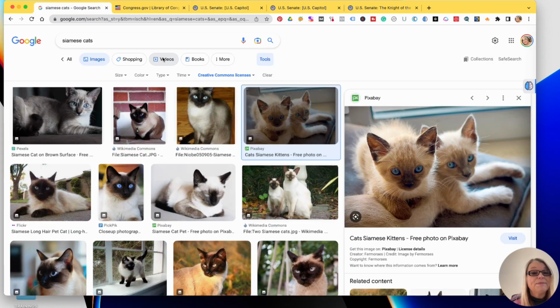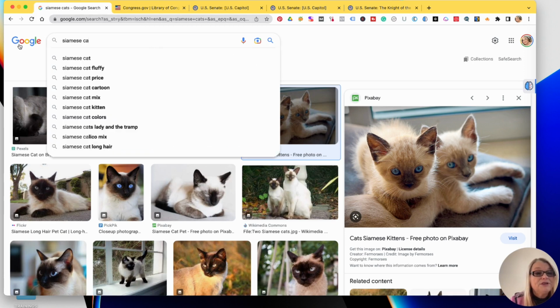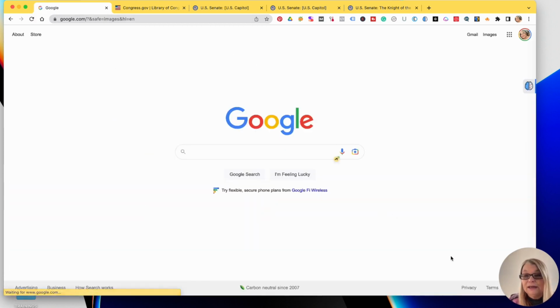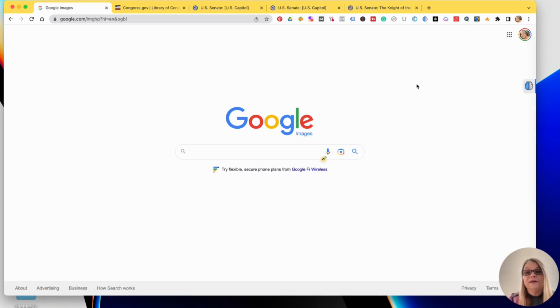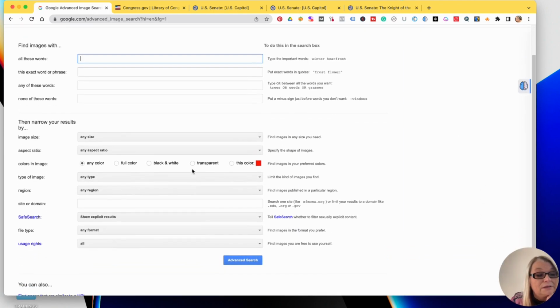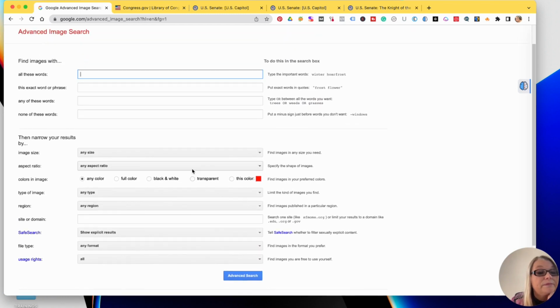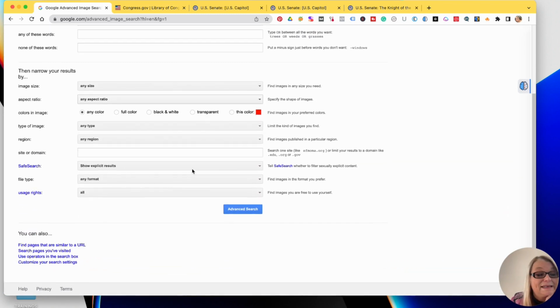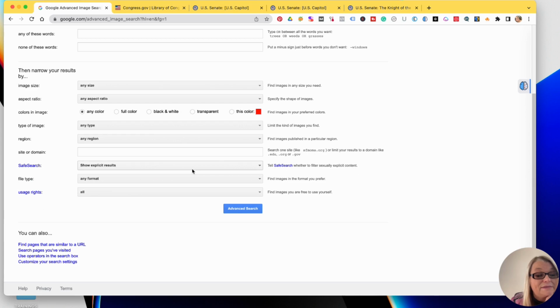Let's just look at something real quick. I'm not sure if we can do this or not, but let's go back to Google search. And I want to try something here. If it has an age, I didn't see that in images. Let's go down to settings again. Let's go to advanced search. Oh, darn, it doesn't let us do that.